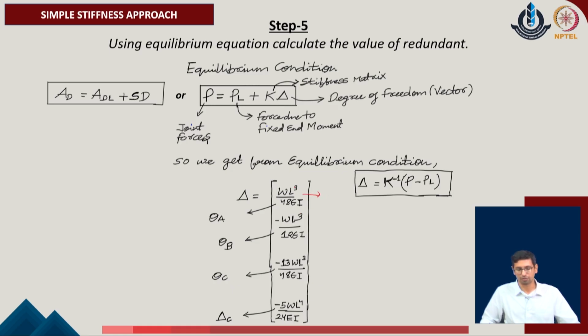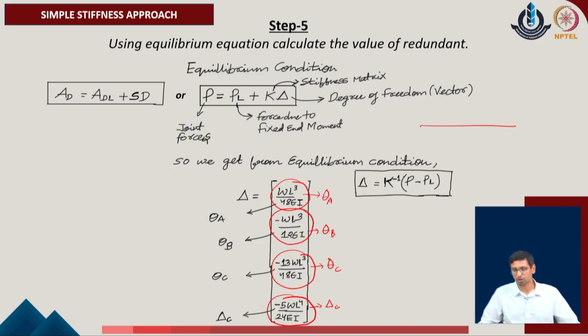and these are the values which have been identified. So, this is the value of theta B, this is the value of theta C in the given problem, this is the value of theta A, this is the value of theta B in the given problem, this is the amount of the rotation at the point C, and this is the translational displacement at the point C of the given problem. The sign has been accordingly defined with respect to the positive convention which we have taken.